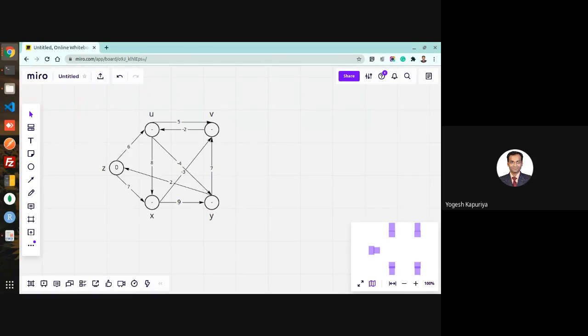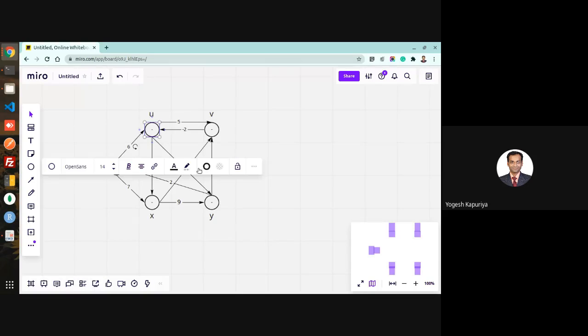So if you have understood the previous approach, this is a similar kind of an approach where each edge will be relaxed. But how many times will this process be repeated? It is v minus 1 times, where v means the number of vertices. So if there are 5 vertices, each edge will be relaxed 4 times. We know what we mean by relaxation, right? Whatever the number of edges, all of them will be relaxed.